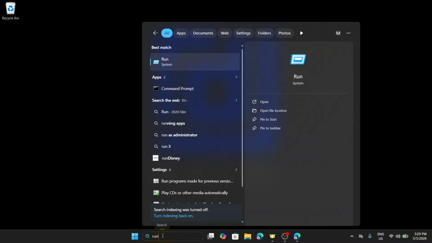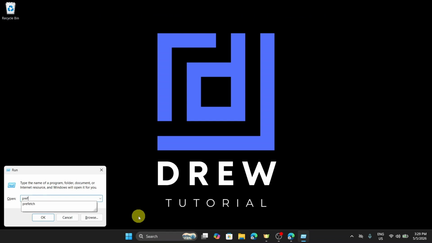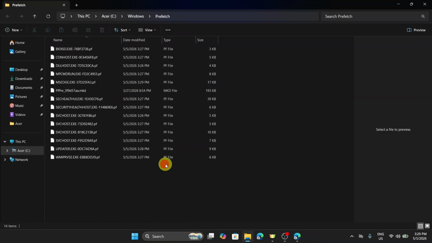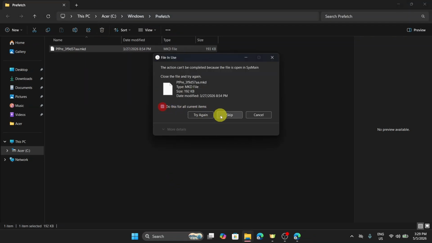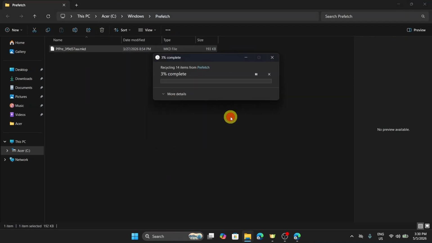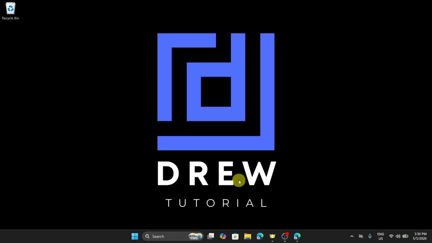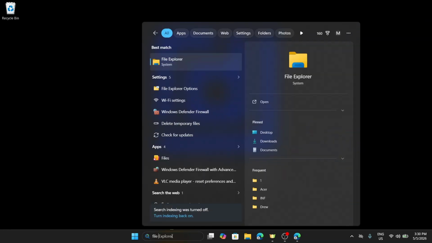once again. This time we're going to put prefetch and then click on OK and then we're going to select all of the files and then click on delete and then click on do this for all current items and then click on skip. After that, what we're going to do next is to type File Explorer and then look